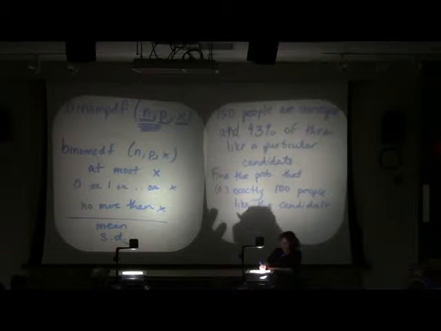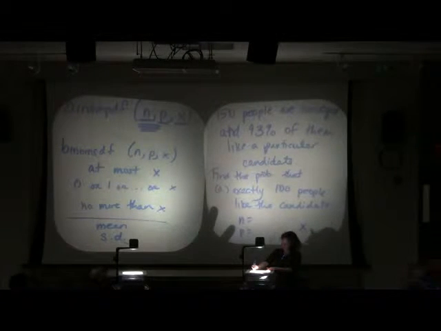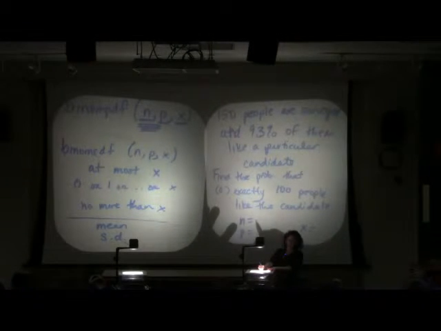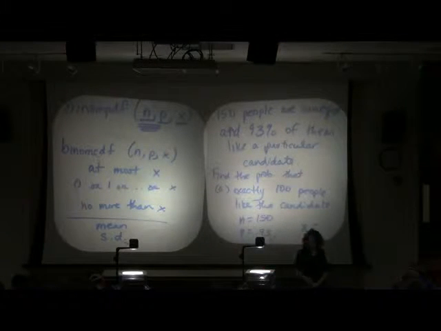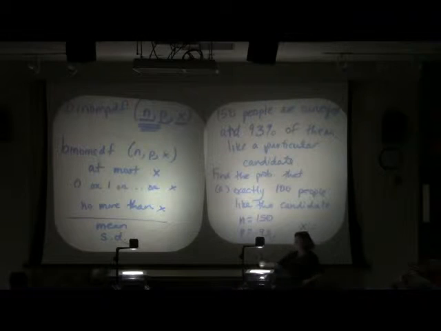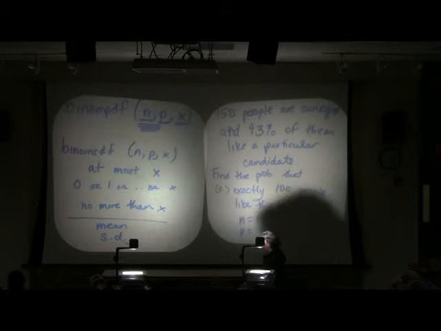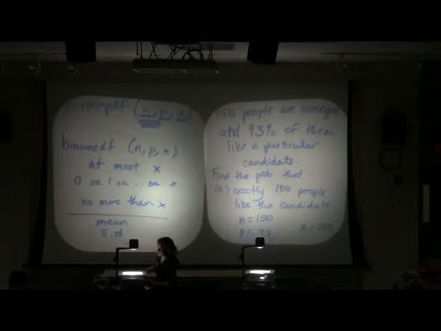Oh, yes. Okay. Your N and your P are not going to change. What is N? How many people are being asked? 150. What is P? 0.93. That's another big hint that you're dealing with a binomial, you guys. It's when a general percentage is given to you. In this particular example, what is my X value? 100. All right, so I've got my calculator.